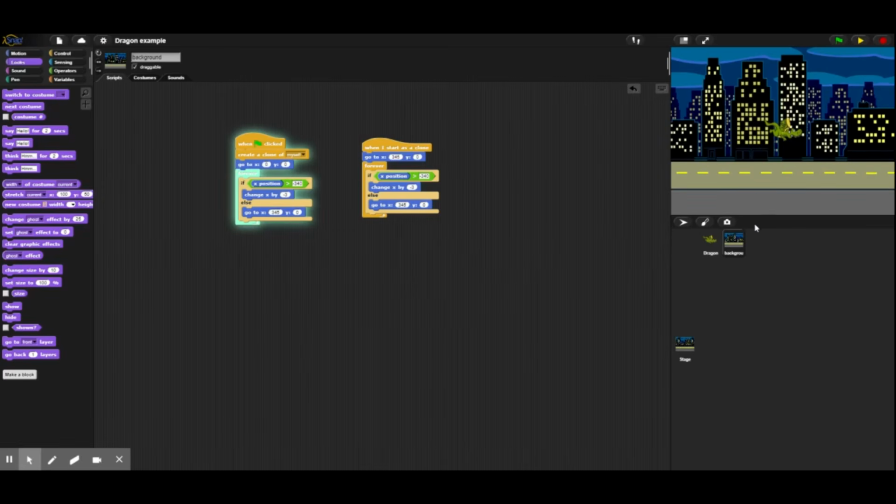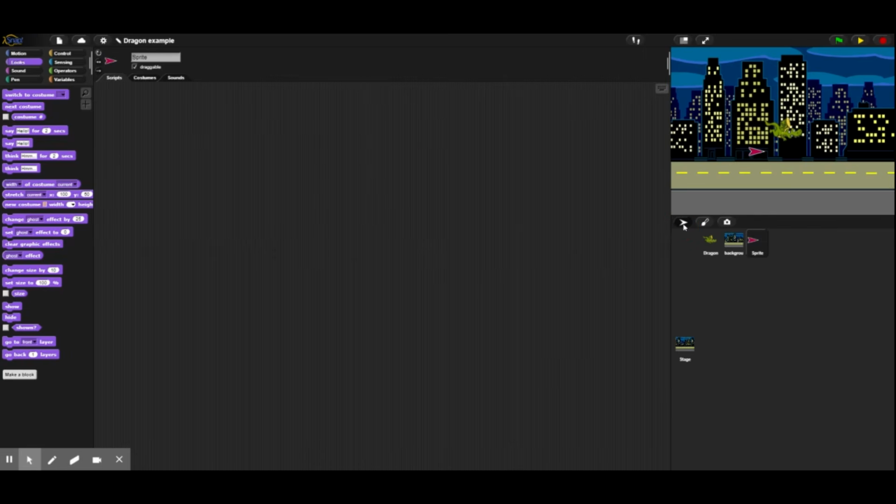And so now what we're going to be doing is adding a third sprite. The third sprite is going to be the fireball. So we're going to go over here to the turtle, add a turtle sprite. You can see it here. We're going to name that fireball up here in